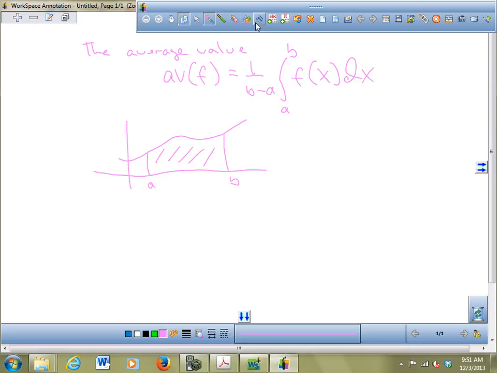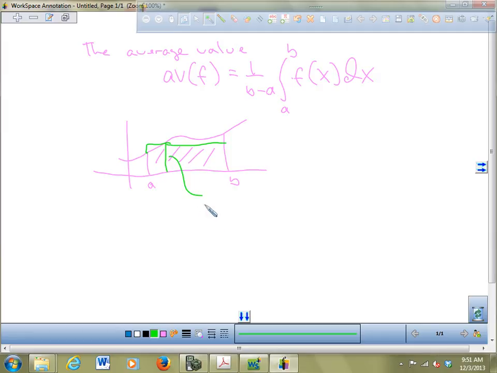Say that the average value occurs right over here. What it is, it's the height of a rectangle, right? Where this is average f, it's a y value first of all. So it's the y value